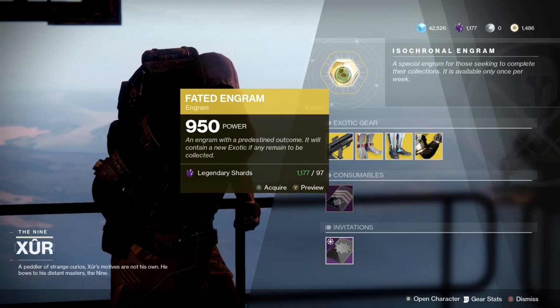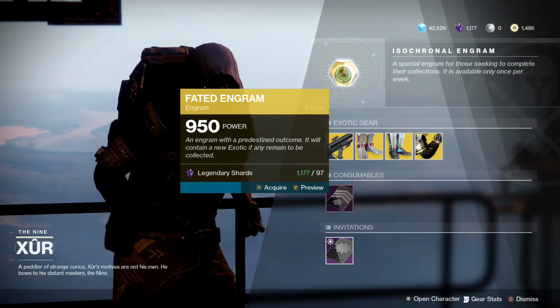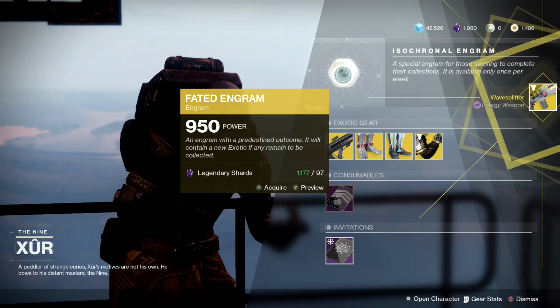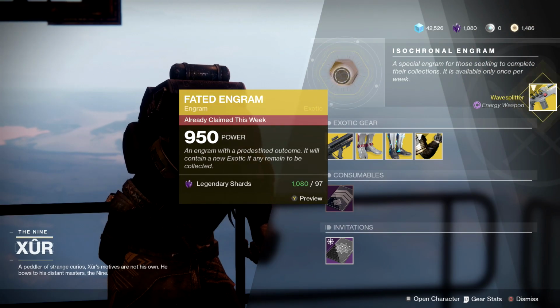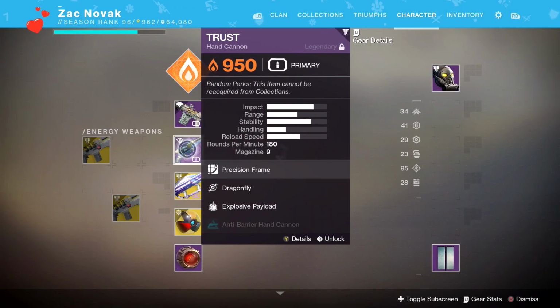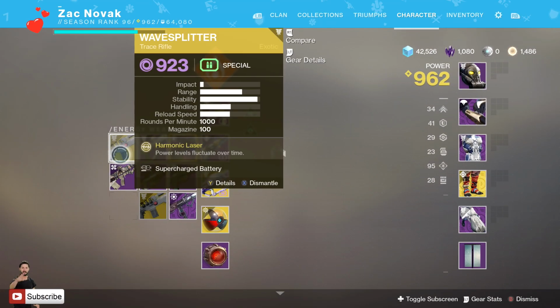Sometimes you can get some pretty freaking awesome loot from this. I myself am on my Huntress hoping I can get that mask that I can't remember the name of. We get ourselves, for 97 legendary, a Wave Splitter. Well, that's not horrible. I actually really do like Wave Splitter, although I've already got the Wave Splitter on,